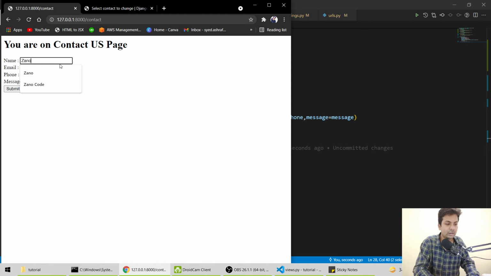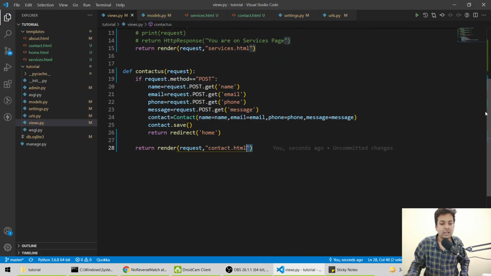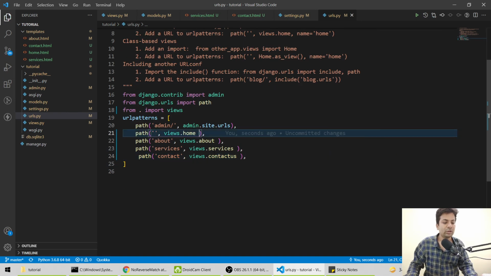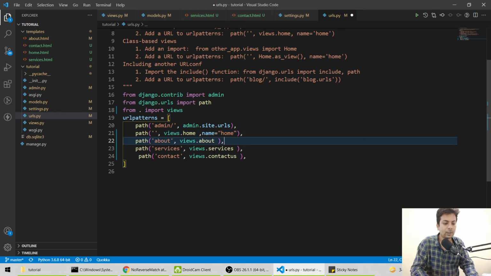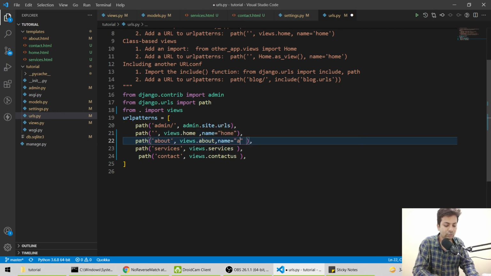So if we again enter Xeno, email, phone, whatever, and submit, we got an error: no reverse match for home, not found. It's telling me home is not found. So there is one thing in the URLs we have to do: we have to give names. We'll say name equals home, and about equals about.